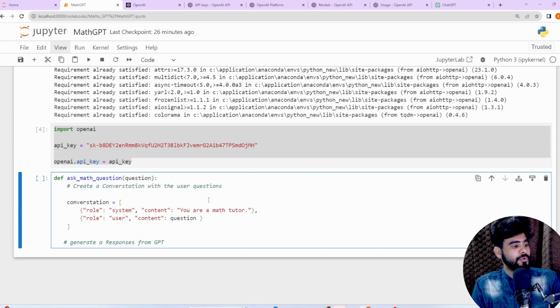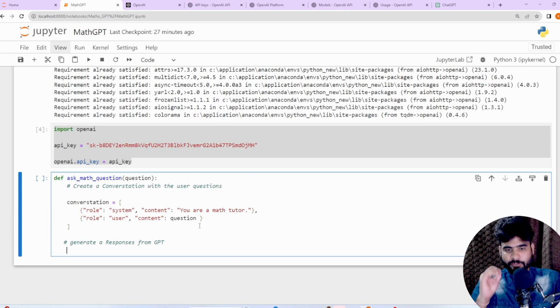So now here we are going to create one variable again: response equal to OpenAI dot, we are going to call the chat completion function, so that whenever we ask a question to our math GPT application, we will get the complete response with the help of this chat completion function.